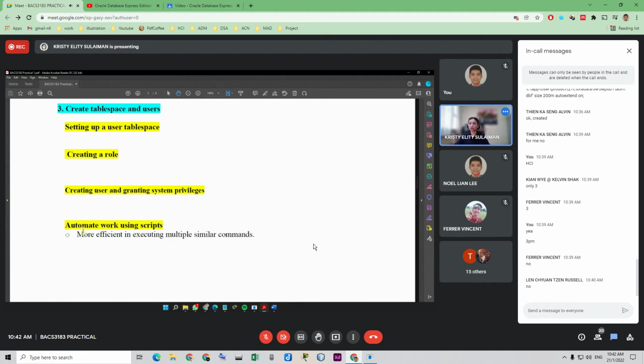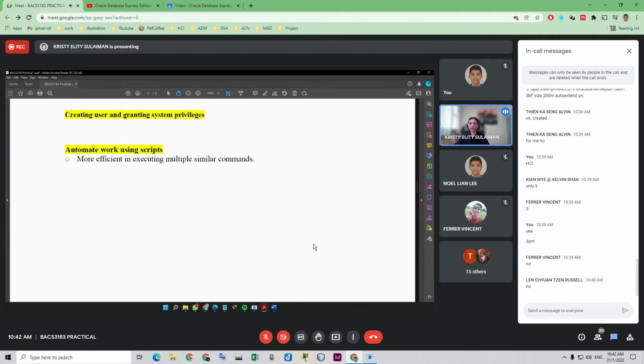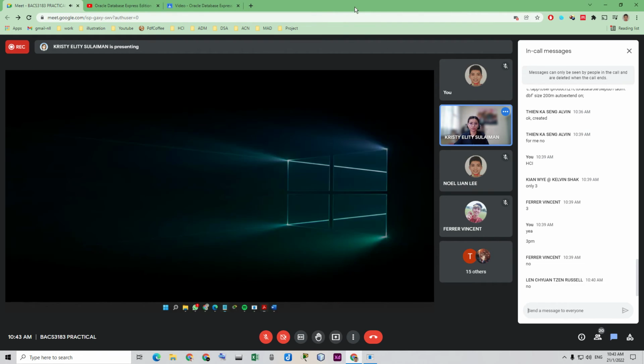So automate work using script is basically for you to use the .txt file, and you create your table, or you create your database using scripts. Using the table .txt file.